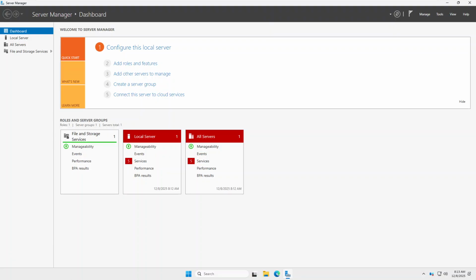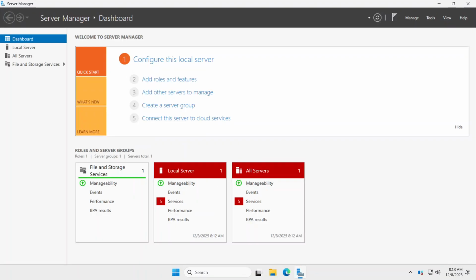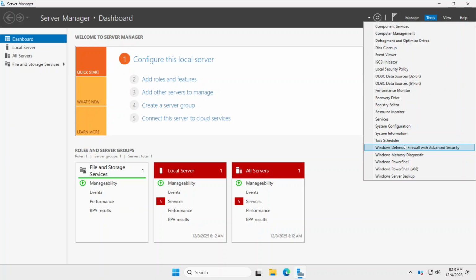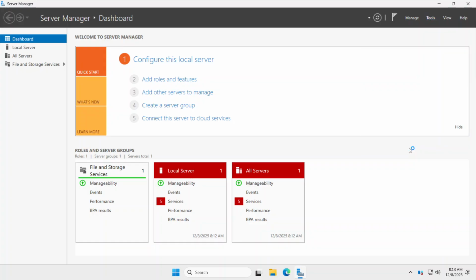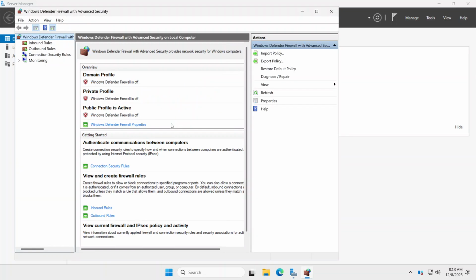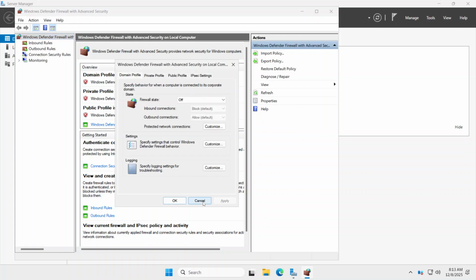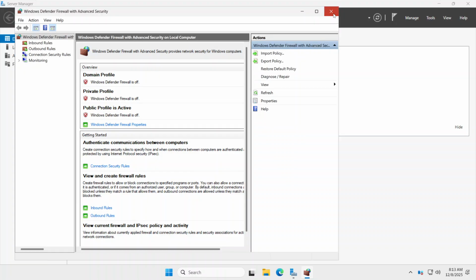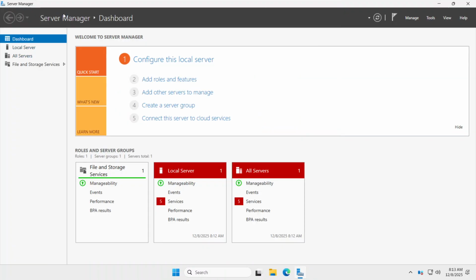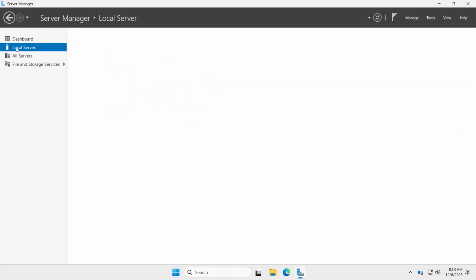Let me just quickly increase the size of this desktop. Okay, so I think this is much better. What we did is that we went to Tools and firewall. We have disabled all three firewalls, which is domain, private and public. You can go to properties and you can disable it from here. Cancel, cancel. Now in Server Manager, click on local server,